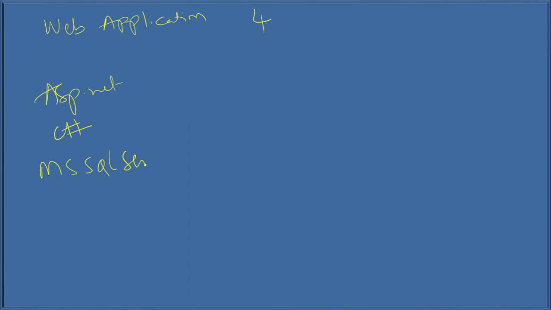Because this is a web application, you can write it in different languages. You can have four options. One is ASP.NET with C# language with Microsoft SQL Server as backend. This is one segment. The other one is Java JSP. With that you can use MySQL as a backend. Then HTML and JavaScript are the common things.